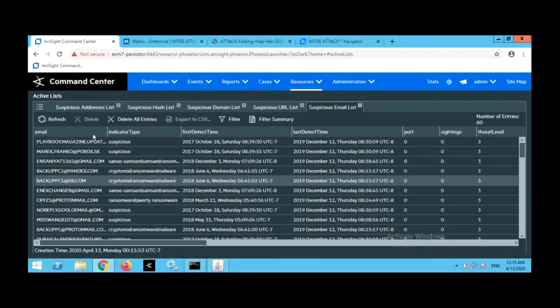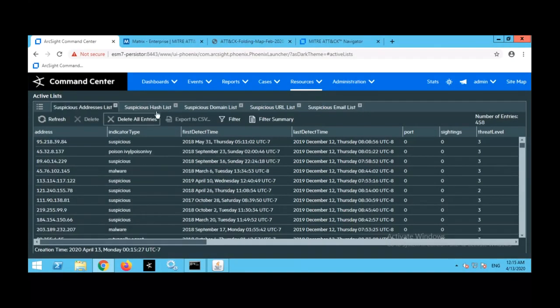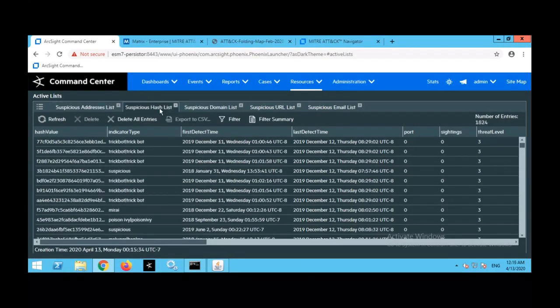So these are the active lists. What I have done is now I have opened the active list. In the previous form, you saw that as a dashboard. Now you are seeing it within an active list, and you get much more information to see here. You see on the left hand side,